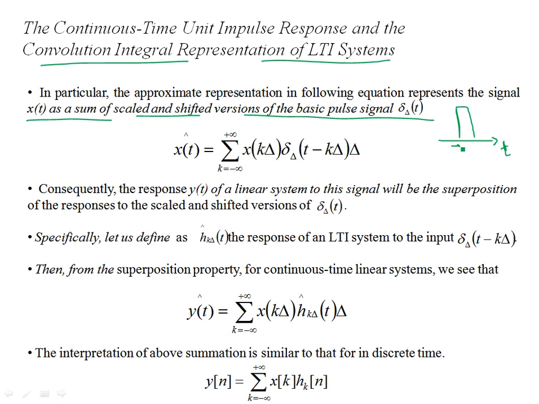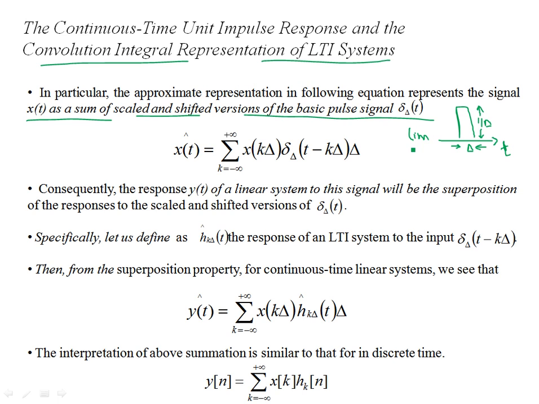The duration was delta, and the height was 1 over delta, which means the area of this pulse is unity. So this pulse was defined in terms of its weight or area, that is, the area is still unity. The height is 1 over delta and the duration is delta. And if you recall, what we discussed last time was that as a limit,